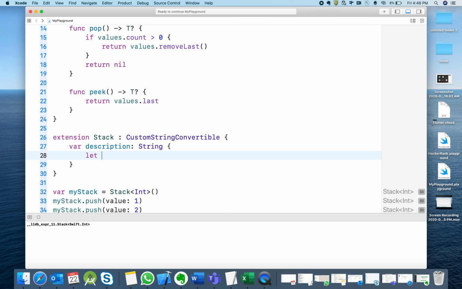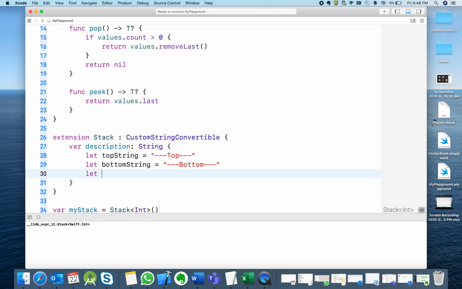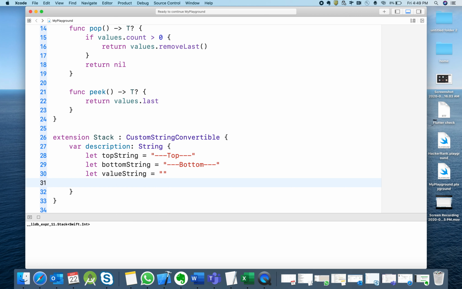So I'll say let topString is equal to something like what I drew. So this shall be top, and let bottomString is equal to bottom, and let valuesString is equal to